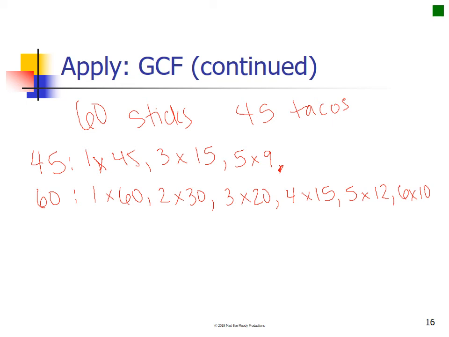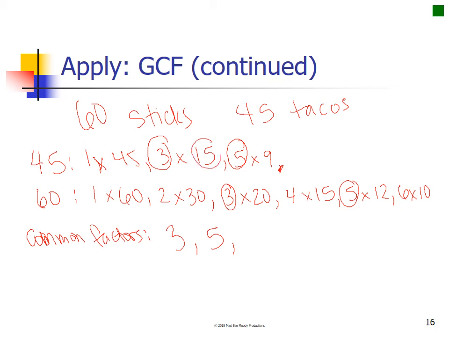Then I'm going to identify the common factors. And the common factors here are 3, 5, and 15. So this tells me the number of plates he could use and not have any food left over. But the problem is asking for the greatest number, or the most number of plates he could use. So he is going to use the greatest common factor, or 15